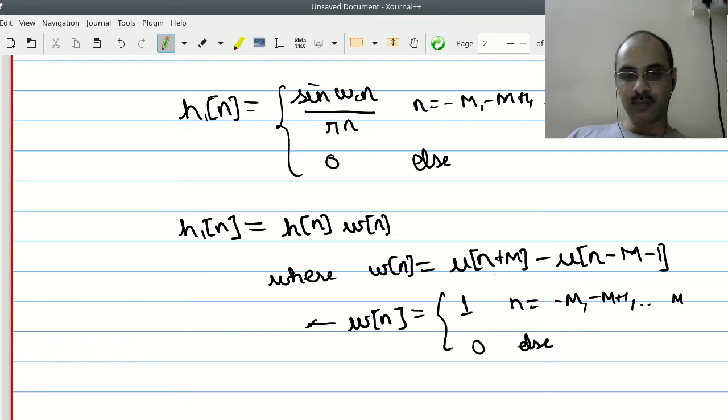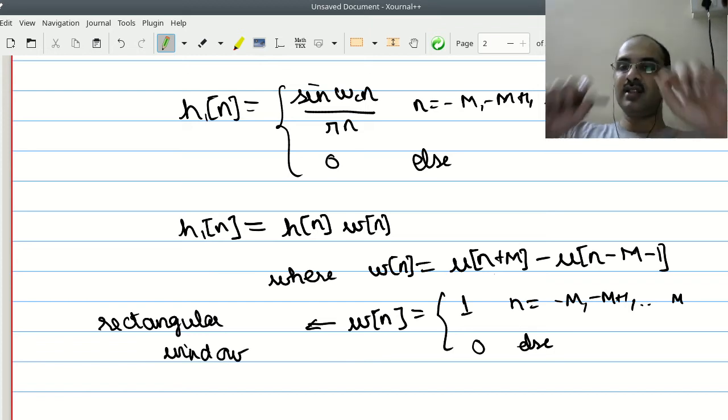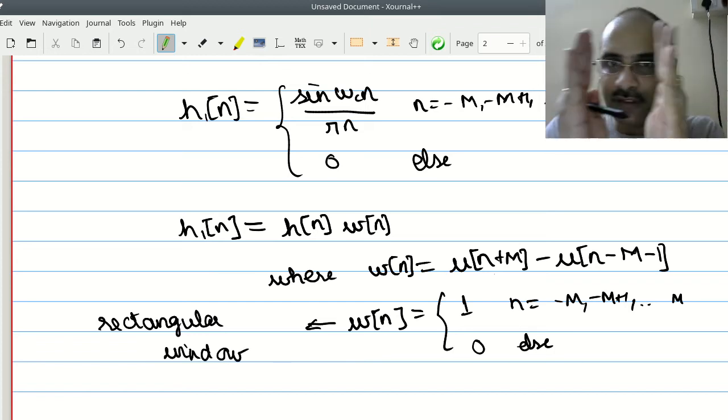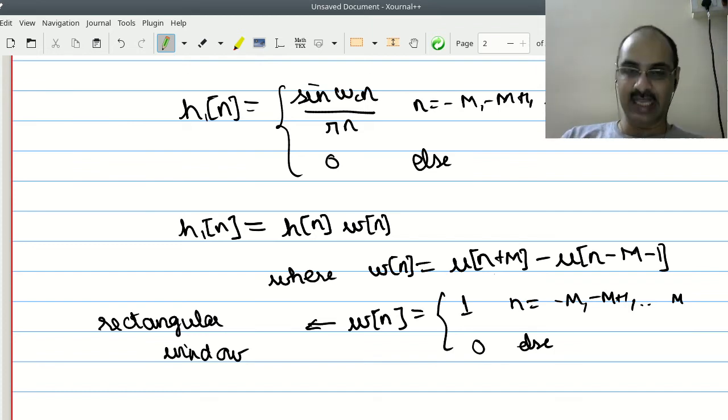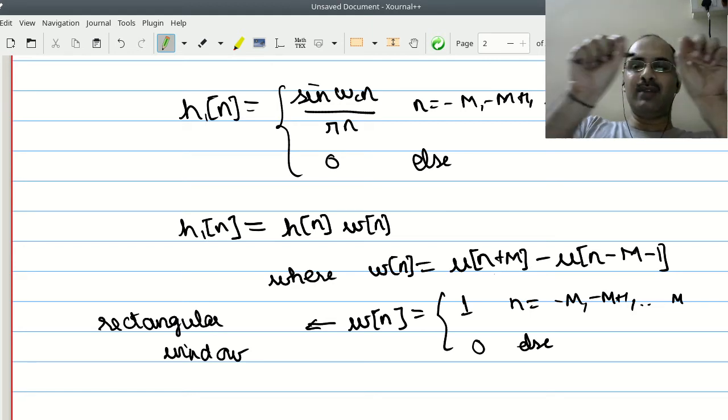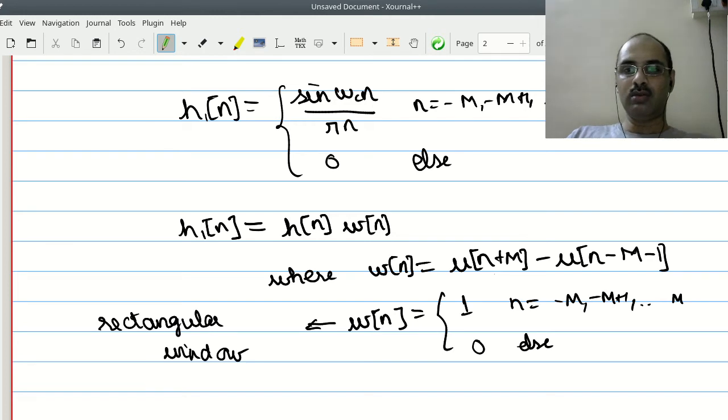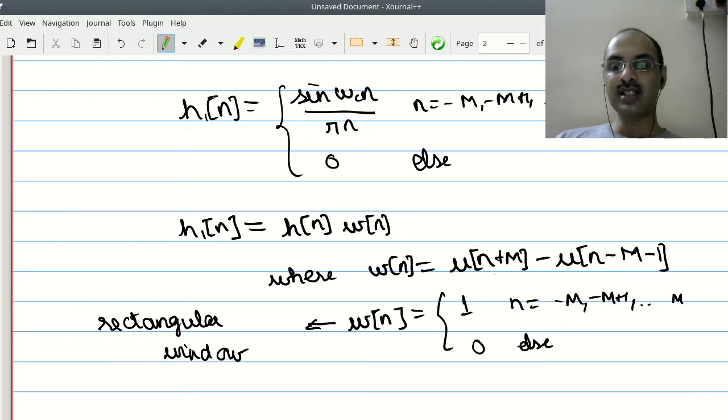This kind of sequence which multiplies h[n] to give me h1[n] is called a rectangular window. It is called a window because in essence it's almost like this: something is very large and you are looking at it through a window. That's why it's called windowing in DSP parlance. So this rectangular window is because we are essentially multiplying the part we want by 1, 1, 1, 1, 1 and the rest we are chucking out. You can also have a triangular window and many other advanced windows which have various properties. We will see those later. But for now, this rectangular window is giving us this truncated version.